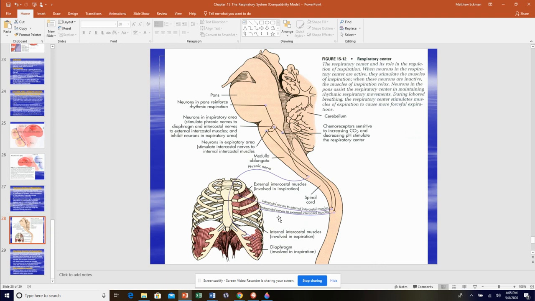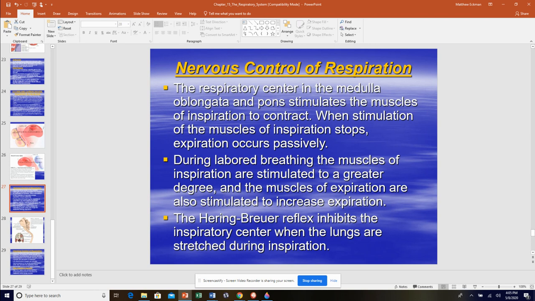And that route right there is very simple. It comes into the diaphragm and our intercostals to help control our breathing. During labored or heavy breathing, we have to actually stimulate some other muscles, maybe the intercostals or the abdominals, to help us continue with this. And then this Hering-Breuer reflex, this is very simple. All this means is that when you stretch the diaphragm, when it relaxes and contracts,